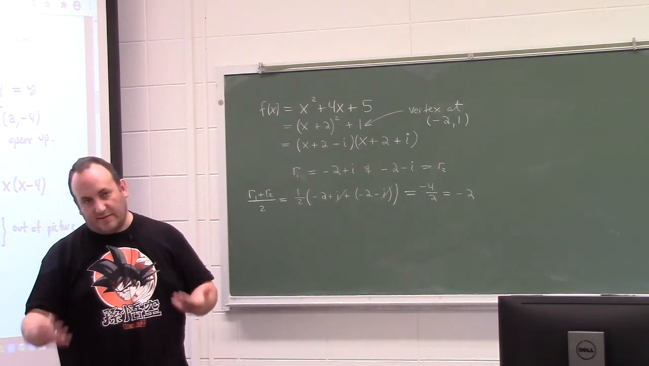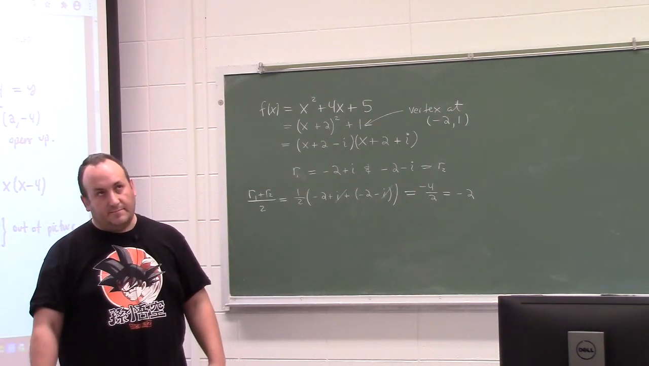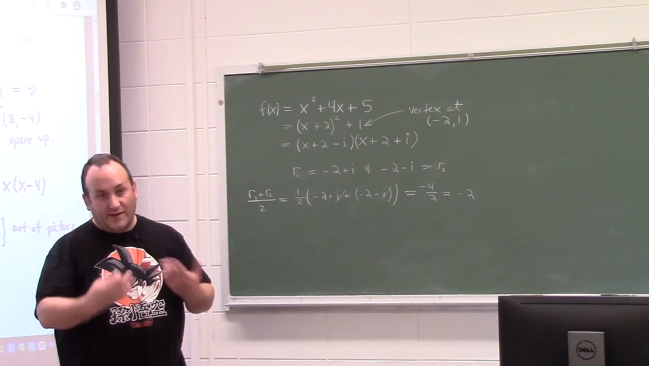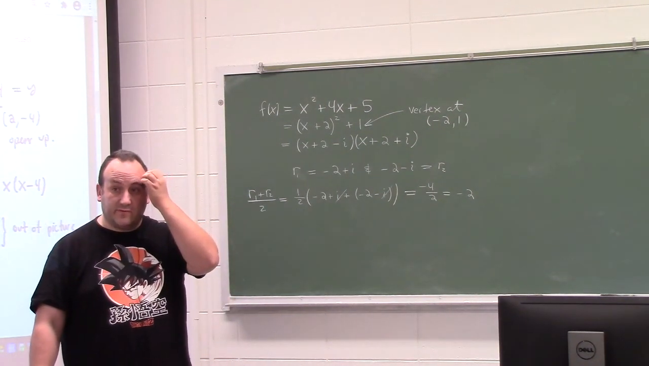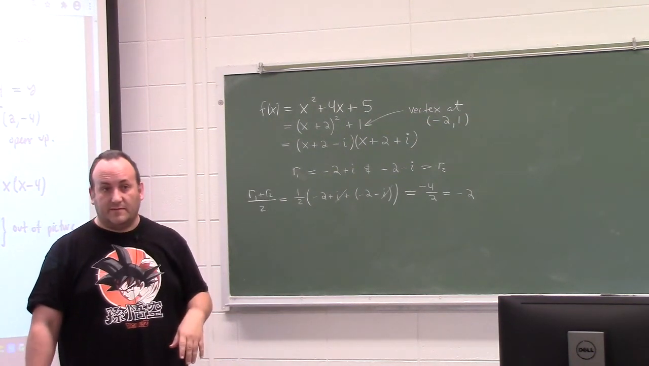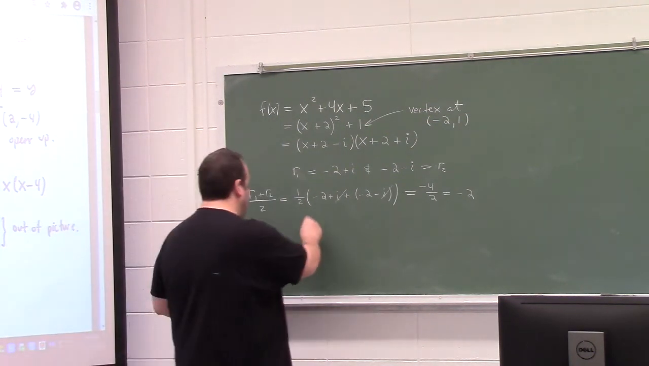That geometrically makes sense. But it's algebraically always true that the x-coordinate of the vertex is at the average of the roots. That's even true when the root is repeated, right? So like,